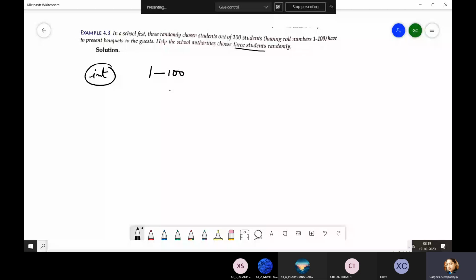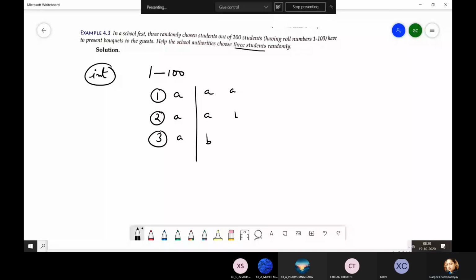Other method is use the randint function, which automatically generates random numbers between 1 and 100. Now the thing is, using the randint function 3 times, it is quite possible that all 3 times the same number is generated, or numbers are same.